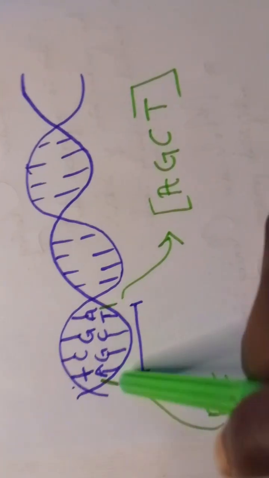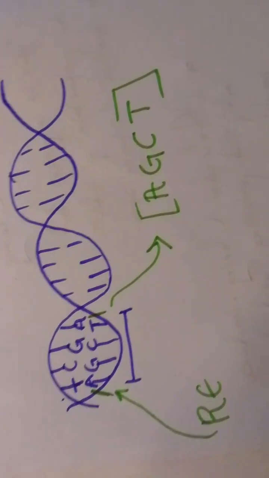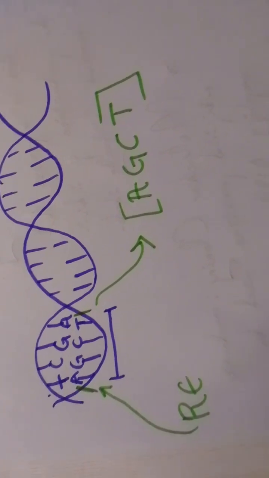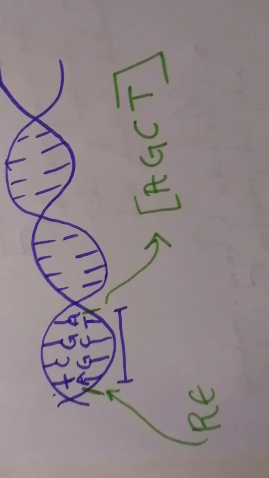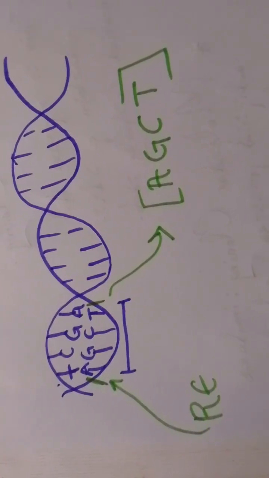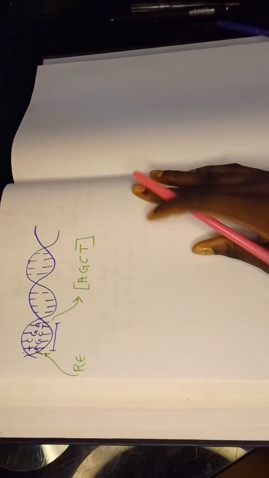So you'd have to check for the restriction enzyme that would cut that particular segment of DNA you're interested in working on. So basically, in fragmentation, we cut out the gene of interest from the DNA,